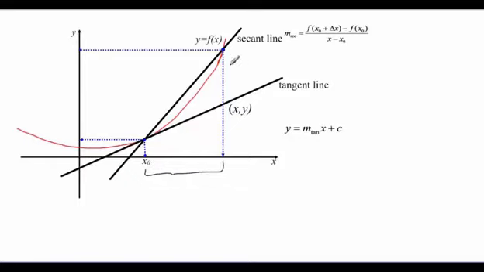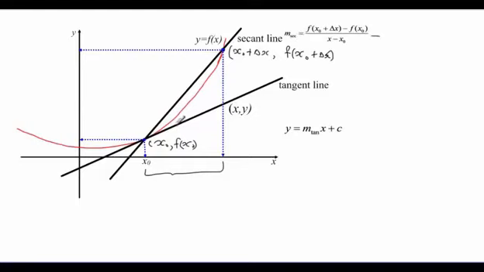So when we calculate this and the points there, this will be actually x0 plus change in x, comma, f at x0 plus change in x. So now, using this point and this point, and in this case, we've got point x0, comma, f at x0. So now, using these 2 points, you can calculate the gradient of a second line, which is